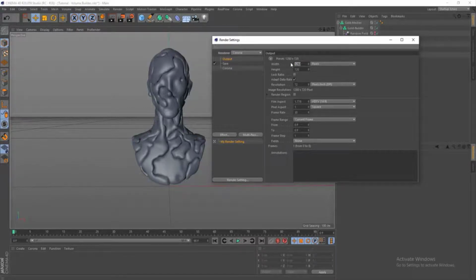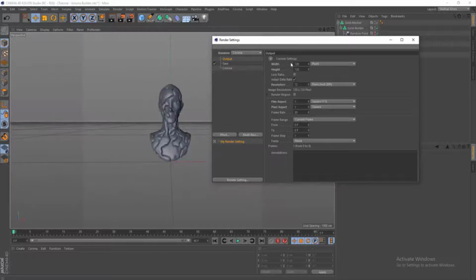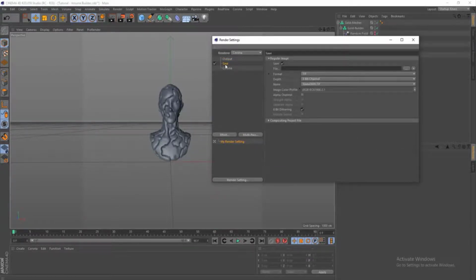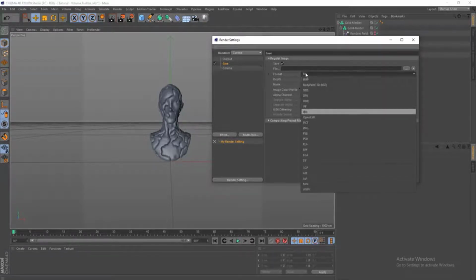The default form of the setting is the best render setup. I want to change the output. If you want to put it on Instagram, make it a square, and you can see the DPI of the photo. In this save, I'm going to change it. If you want to make animations, you're going to use this bottom